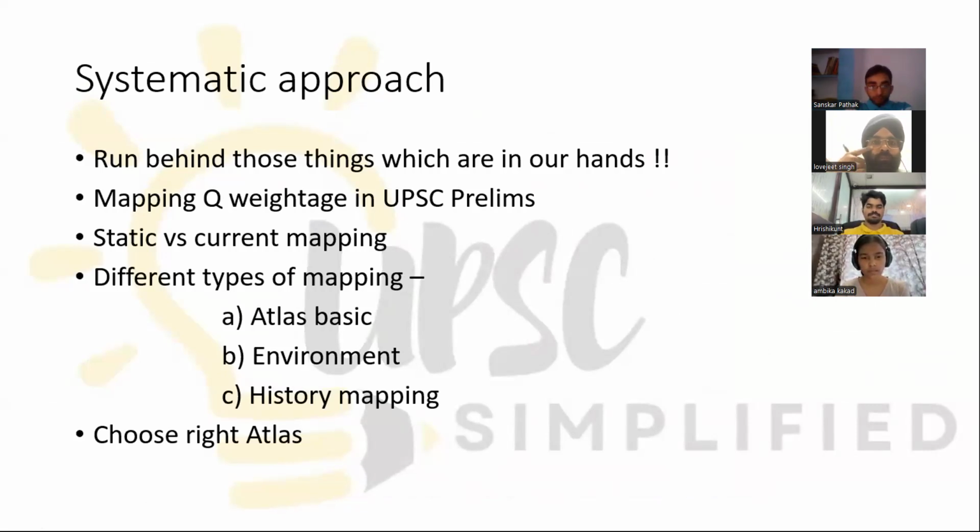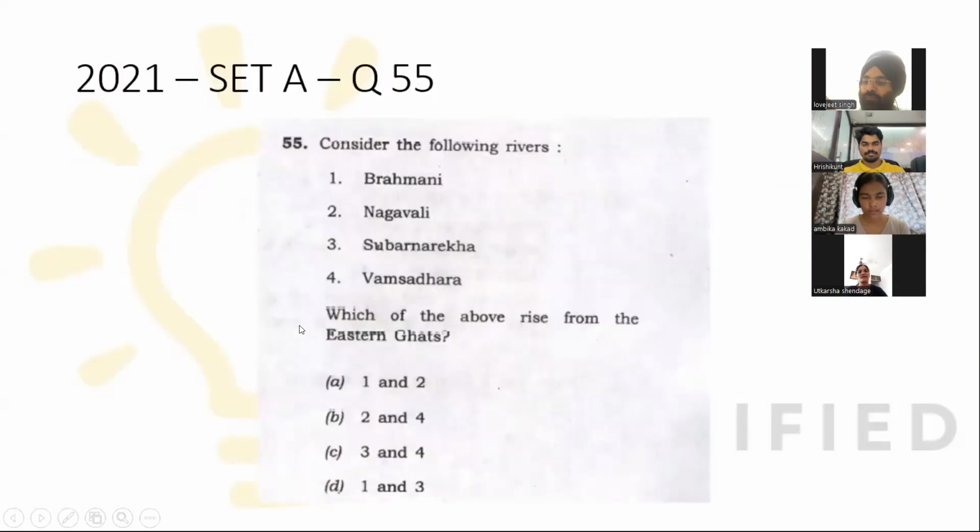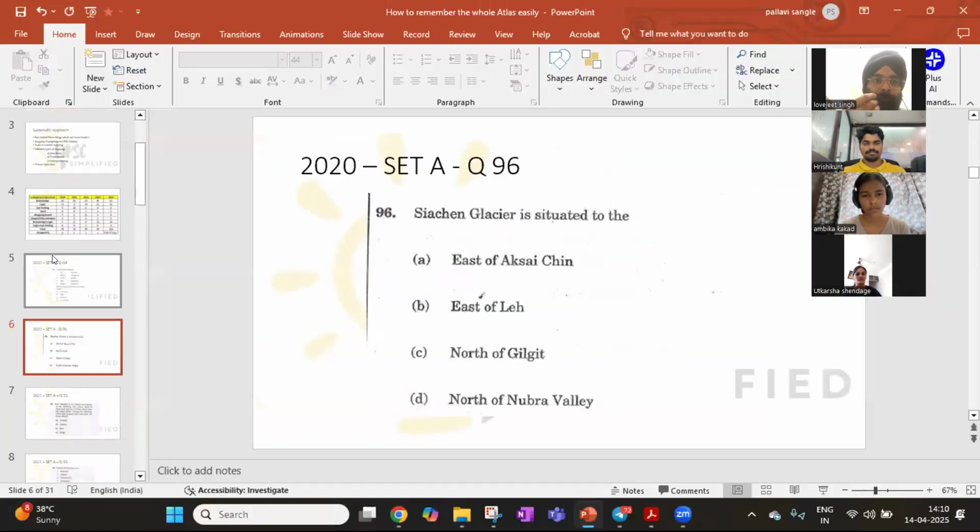And for history mapping, we definitely have the very trustworthy NCERTs. I will first show you environment mapping and history mapping, then we will go for atlas mapping. So for environment mapping,